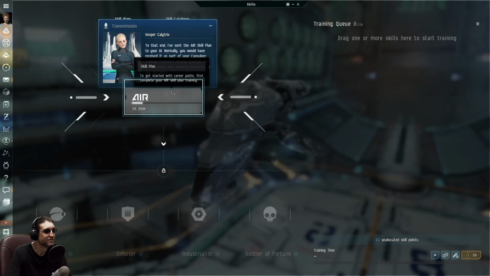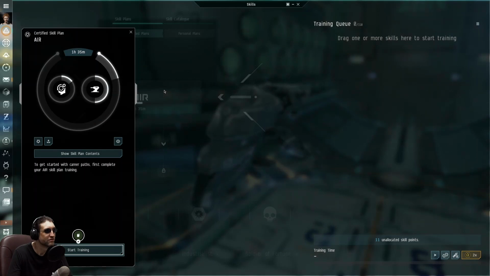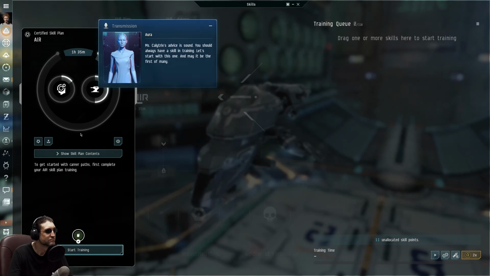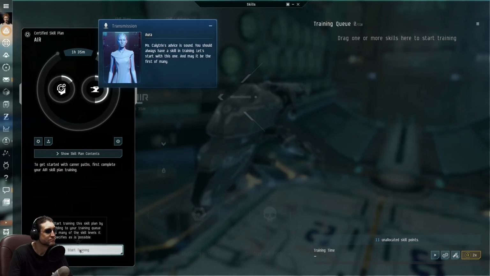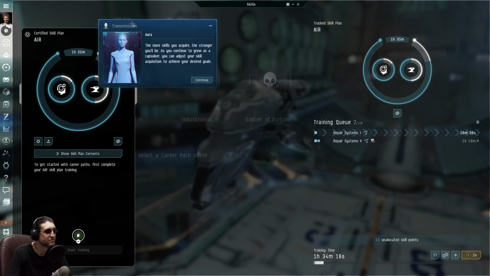Seriously? To get started with your career path, complete the skill plan. Miss Calatrix's advice is sound. You should always have a skill in training. The more skills you acquire, the stronger you'll be. As you continue to grow as a Capsuleer...